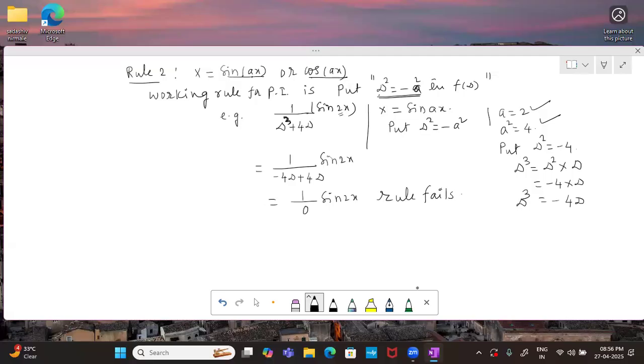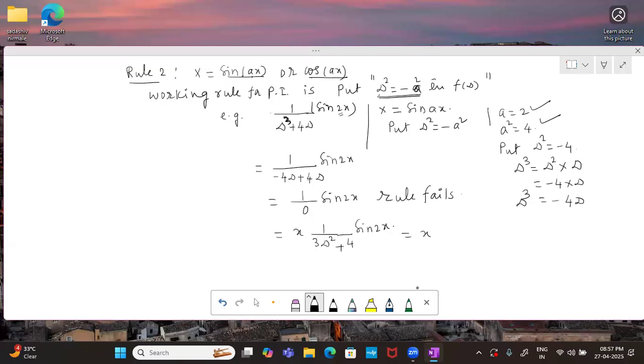Understood? Clear? Then in the failure case, again multiply outside the operator by x and differentiate the denominator. Differentiate d cube plus 4d with respect to d. What is the derivative of d square? The derivative of d cube is 3d square, plus the derivative of 4d is 4, sine 2x